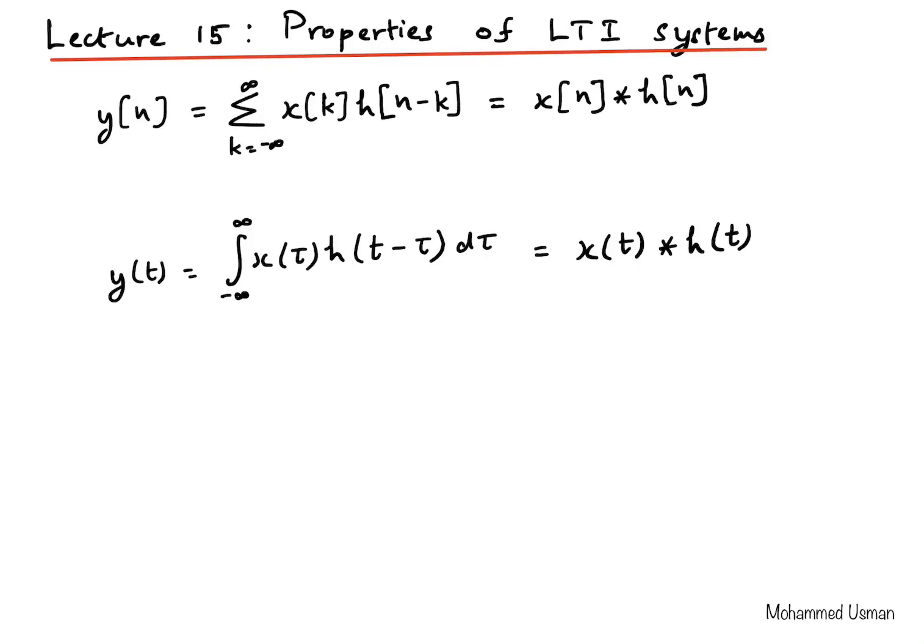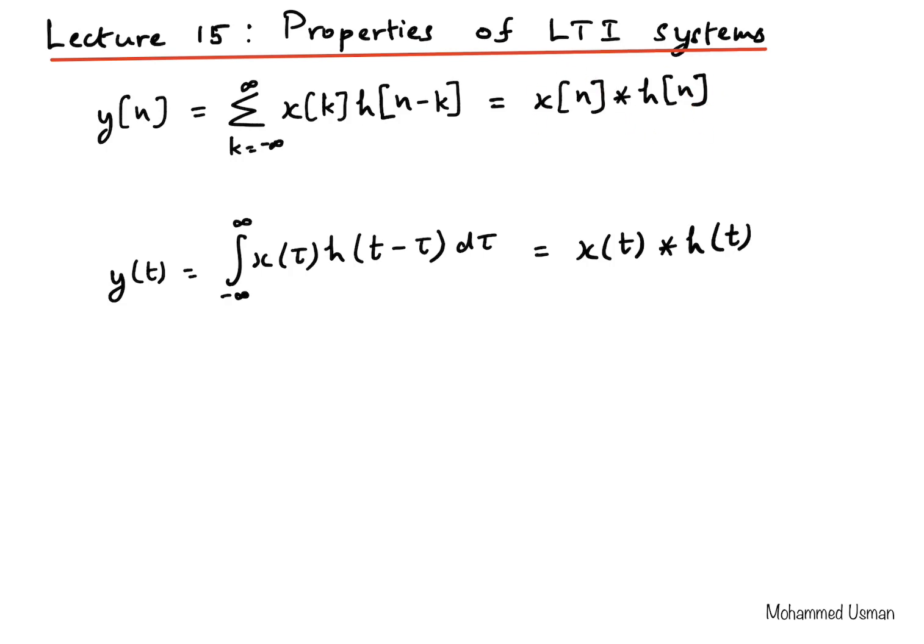Previously, we have been discussing the impulse response of an LTI system, and using the impulse response of the LTI system, we saw how we could compute the response of the system to any arbitrary input x of n or x of t, depending on whether the system is a discrete time system or a continuous time system. So if we know the impulse response of the system, whether it is discrete or continuous time, then we can compute the output of the system for any arbitrary input by performing the convolution between the input signal and the